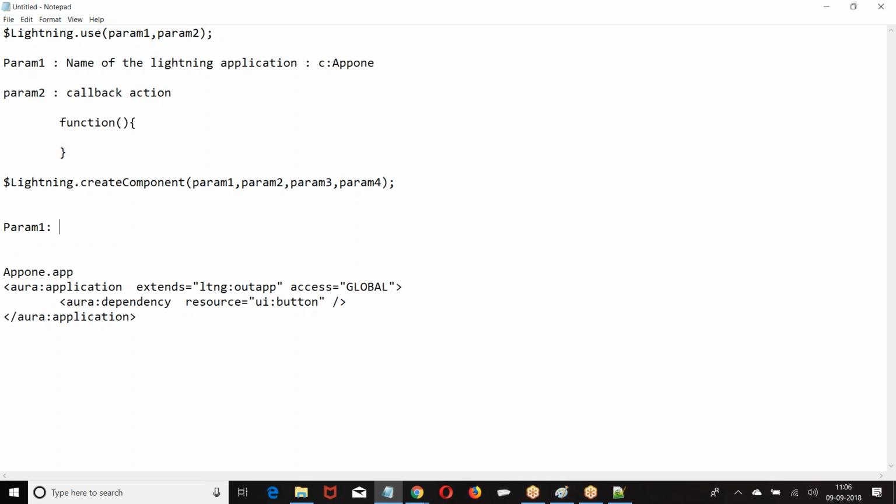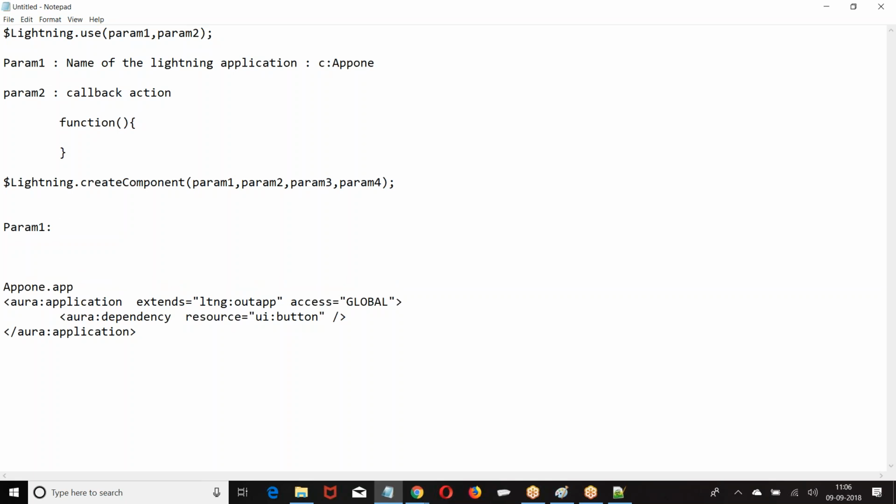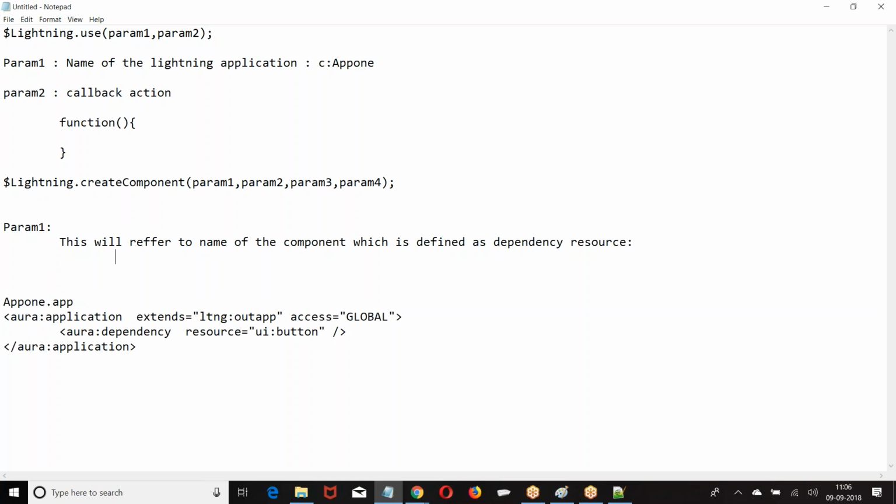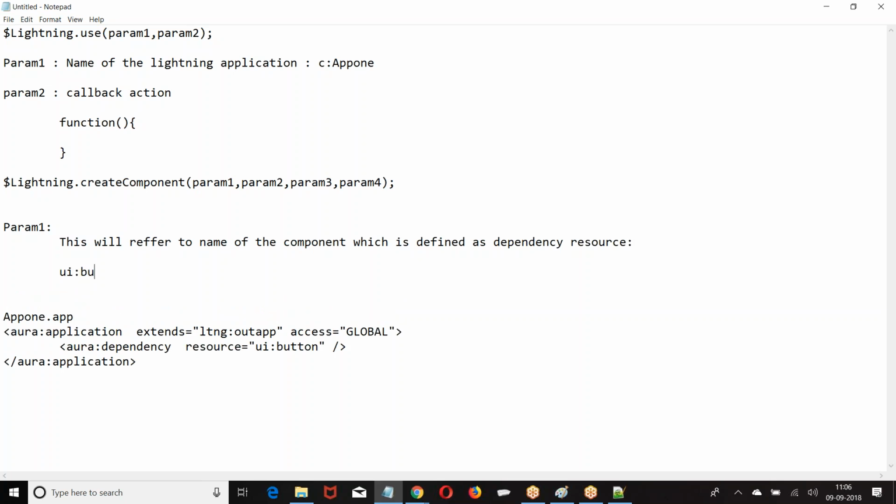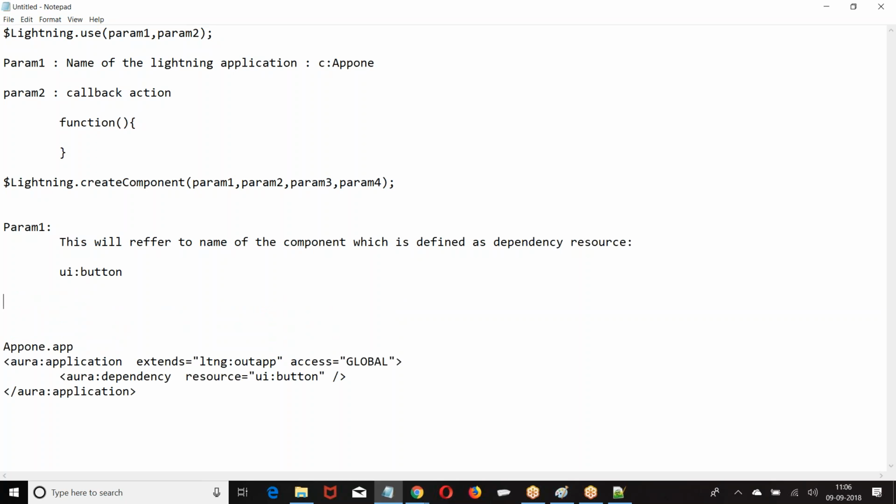Param1, name of the parameter. This will refer to the name of the component which is defined as a dependency resource. What is the dependency resource I gave? UI. So parameter 1 is UI colon, the name of the component which you defined as dependency.